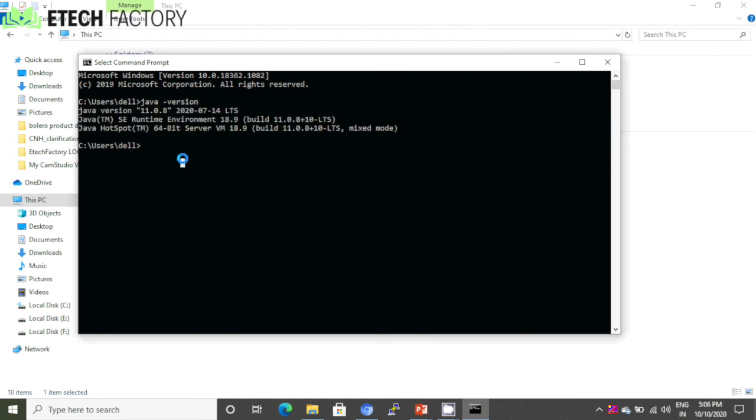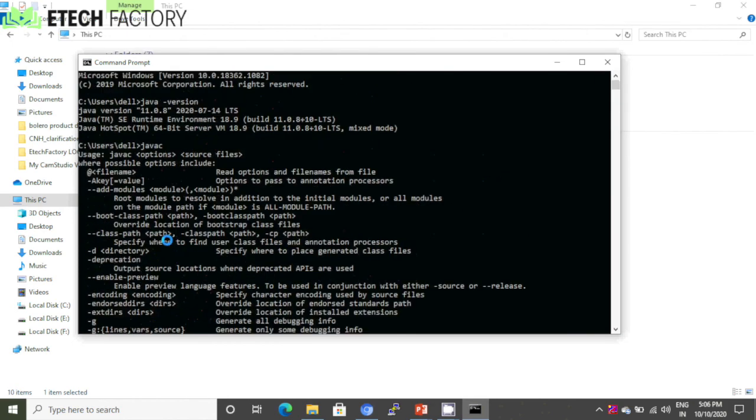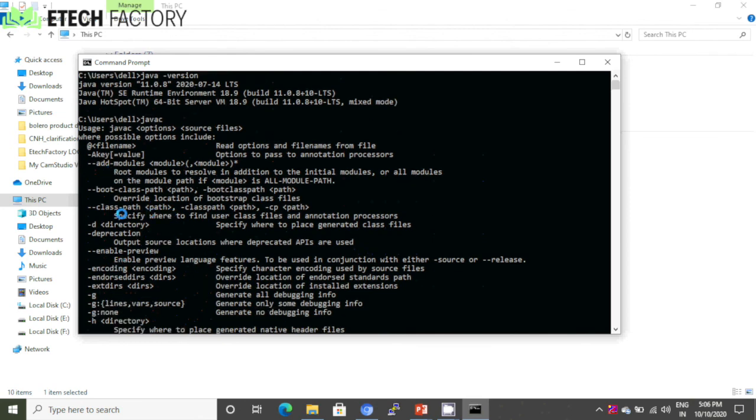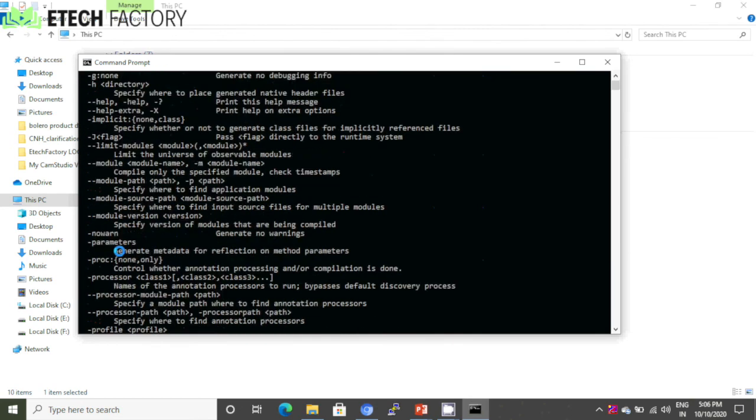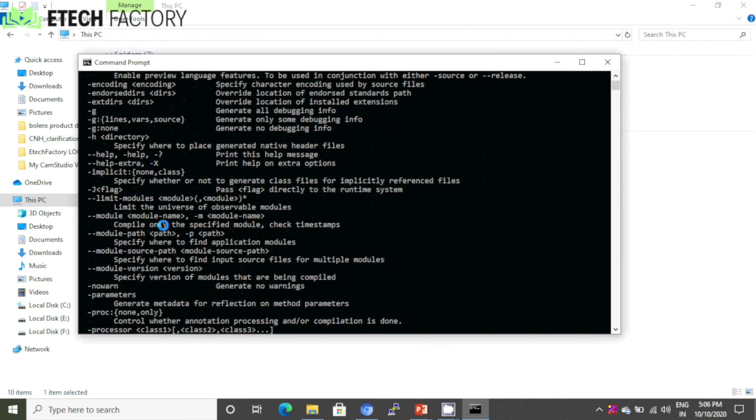Now you can just type javac and enter. So you'll get a bunch of commands here again. With the help of any of these commands, you can execute the Java compiler commands also. Okay. So yep, this completes the installation and configuration of